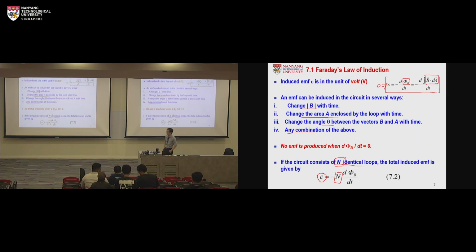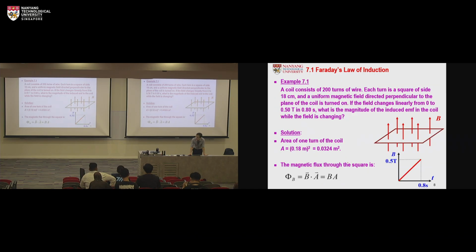So far, is it all clear how we can generally determine the induced EMF? By definition, to determine it for a loop, all you need to figure out is how the magnetic flux through the loop is changing as a function of time. And if we try to look at this very simple question, to apply this definition to figure out the induced